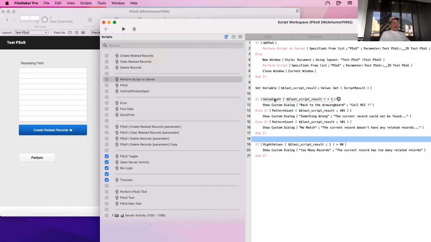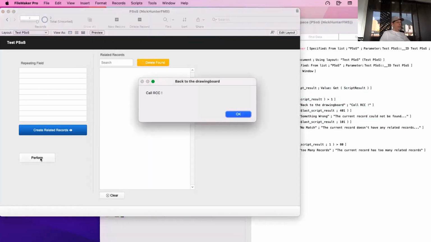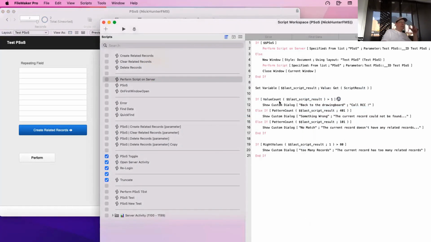This is a sequence. This one or this one or this one, but this one has to run on its own, okay? But based on the last result also. So when you do this, you call RCC and say, okay, the current record has too many records, right? Here, it's hard to get, I'll show you just a recap before we go. I'll show you how to collect the information from the other side,